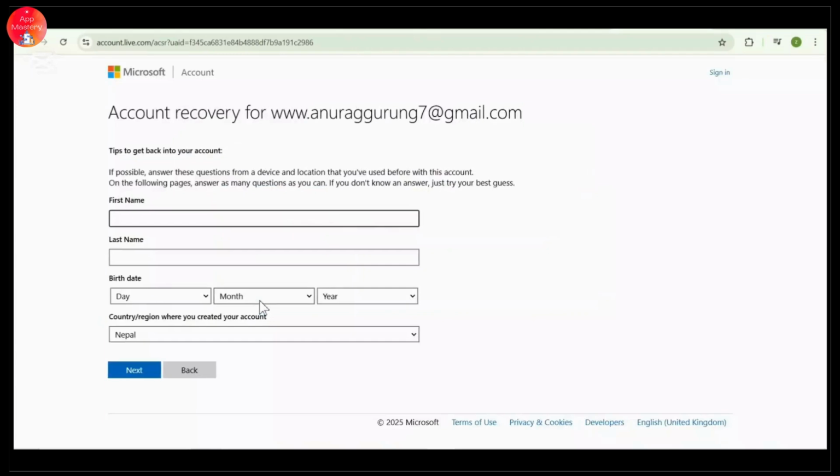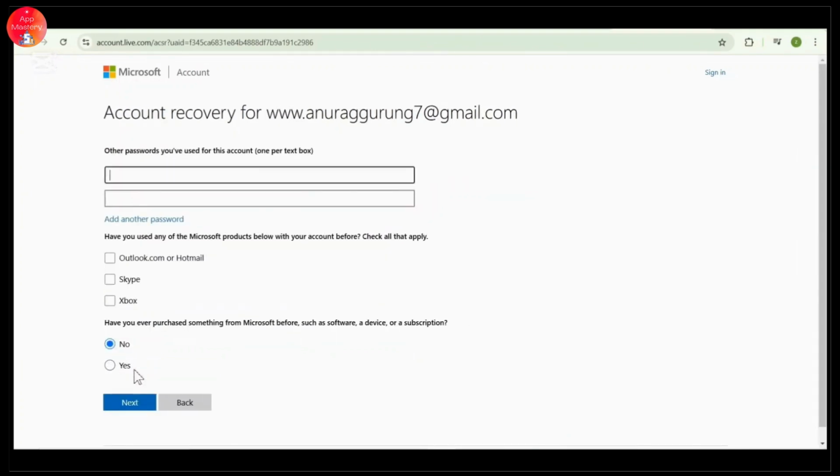And now you will be asked to fill in some personal details including your first and last name, your date of birth, and the country or region where you have created the account. You simply have to enter that information, and once you're done with it, simply click on next, and then Microsoft